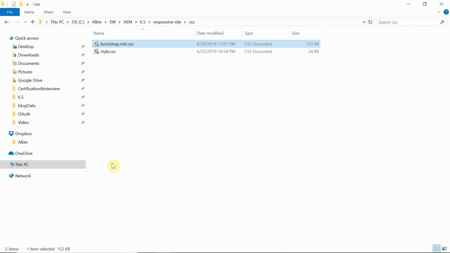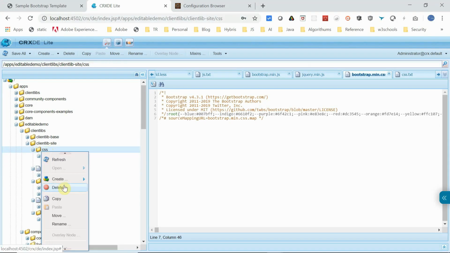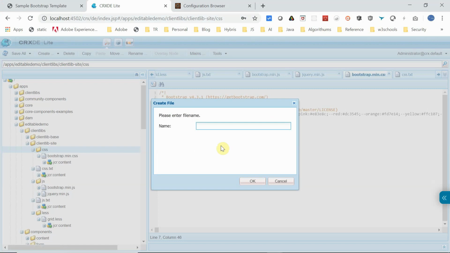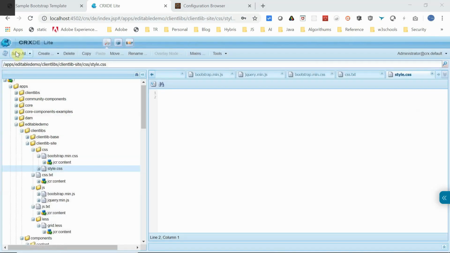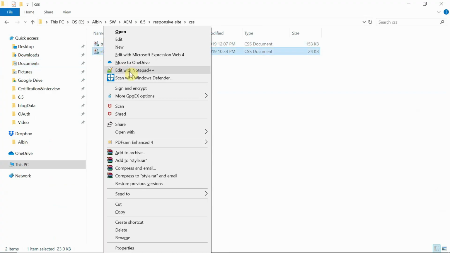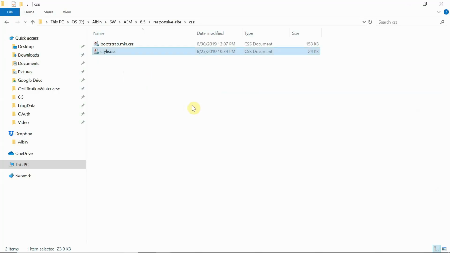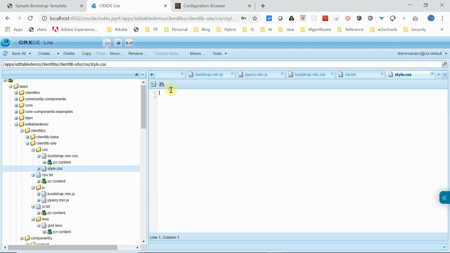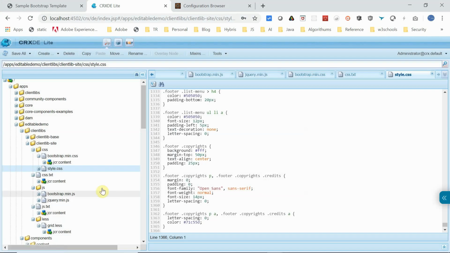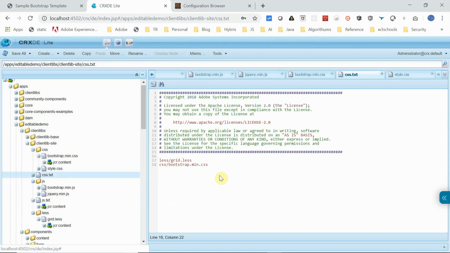It's done. I want to put another file, style.css. Let me copy this. Now I will add css slash bootstrap.min.css and css slash style.css. Also add any additional JavaScript or CSS if required. For our demo purposes, this is all that is required.